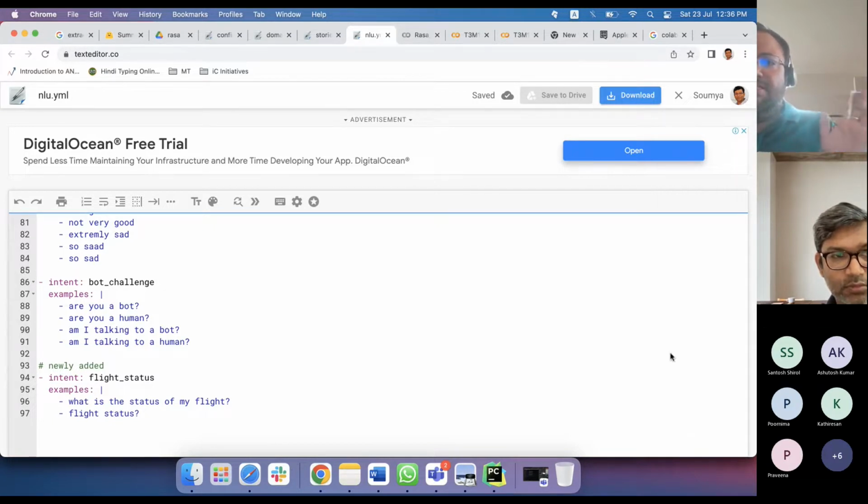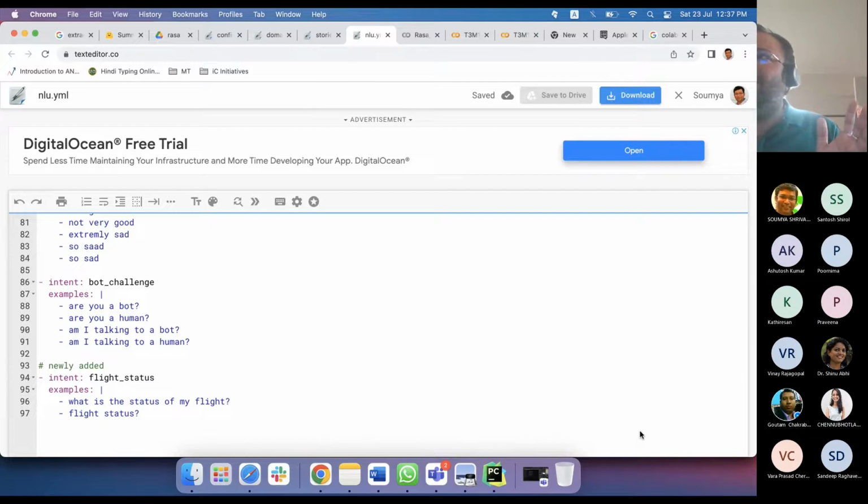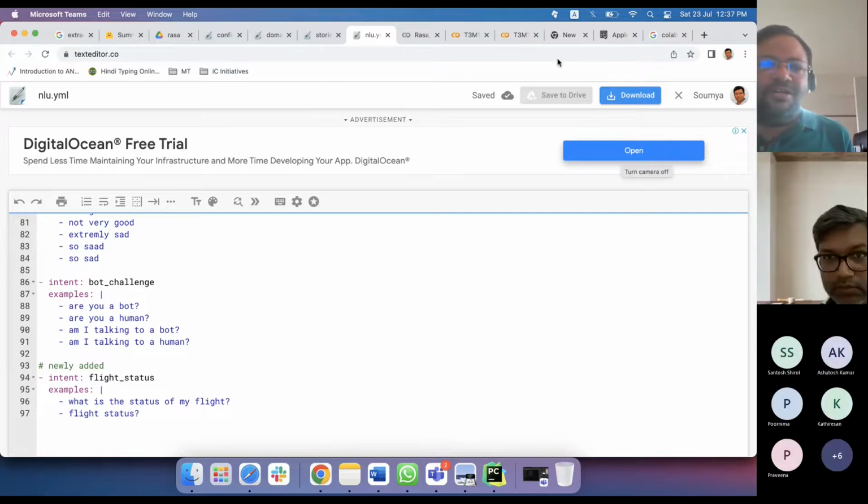Every chatbot has that already. And when we do Google Dialogflow, probably in 1 hour we'll do Google Dialogflow end to end. They will have two default intents. One is hi, the other is I do not understand. That they have already built in. You don't need to do examples for that. Okay. Yes, sir. Thank you.